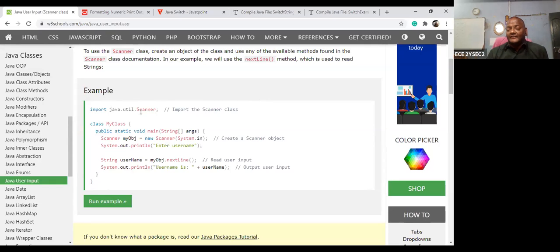Scanner. The package name is util. So import java.util.Scanner. Why are we importing that? To access the user data by the system, you import java.util.Scanner.